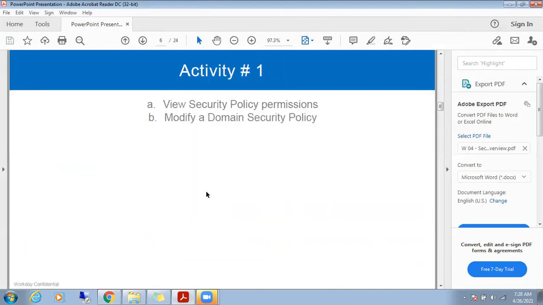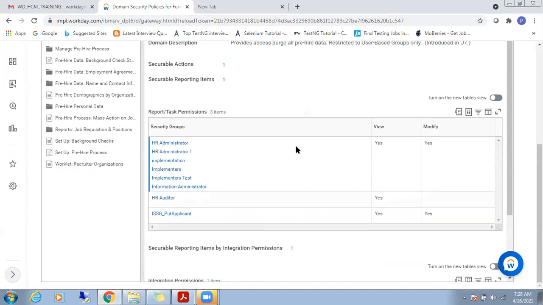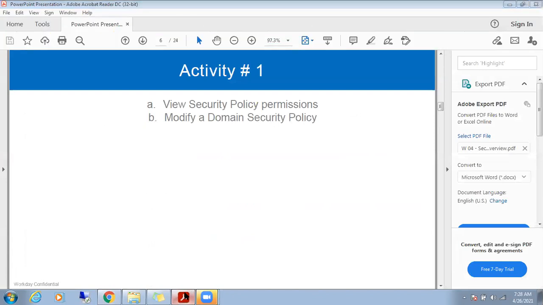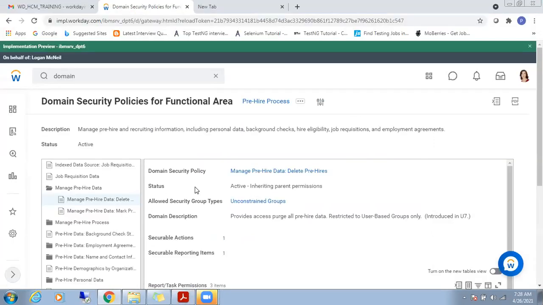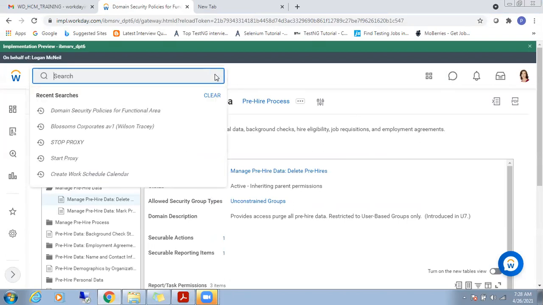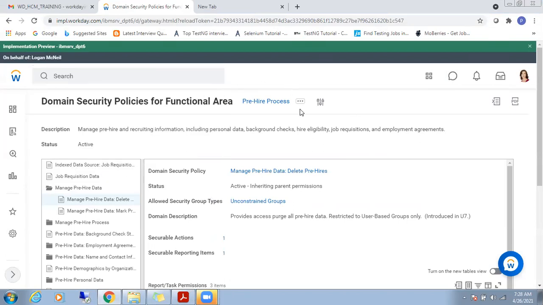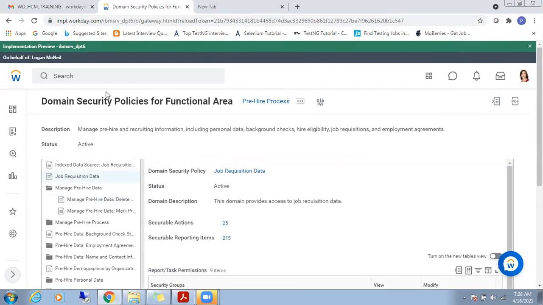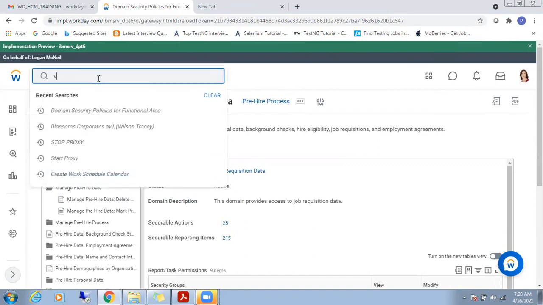We are going to view security policies for functional area, and we are going to modify this. We can see how. If I want to make changes to these reports or task permissions, you can use this.